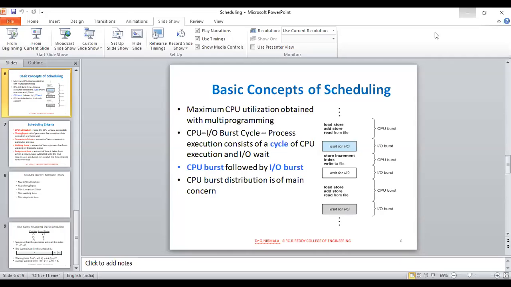Who is Mahendra Sai and Sai Gautam? Rename with your register numbers, otherwise I will put an absent. Roll number 99 has less attendance.